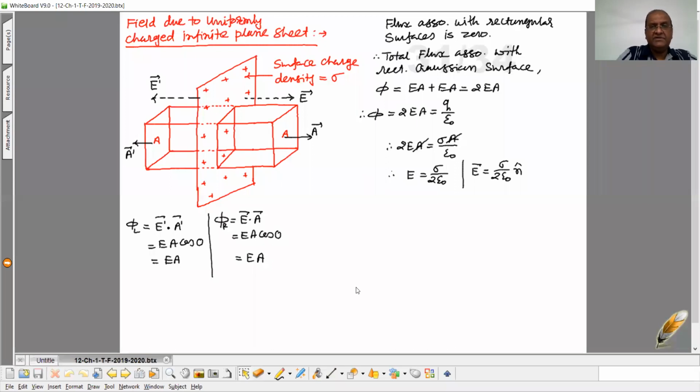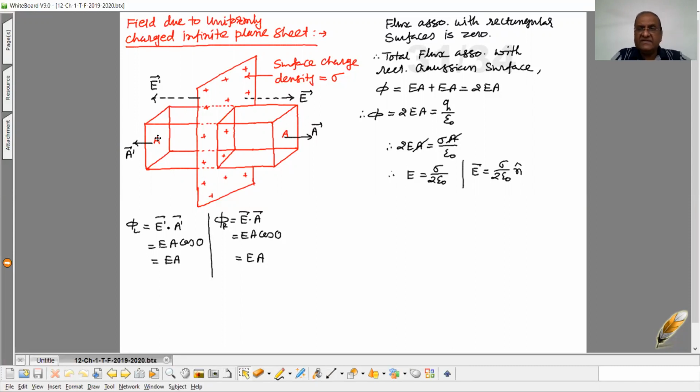Now second application: field due to a uniformly charged infinite plane sheet. Suppose, as shown in this figure, we have a uniformly charged infinite plane sheet having surface charge density sigma. Surface charge density means charge per unit area. Now, to calculate the electric field at any point on either side of this particular surface,